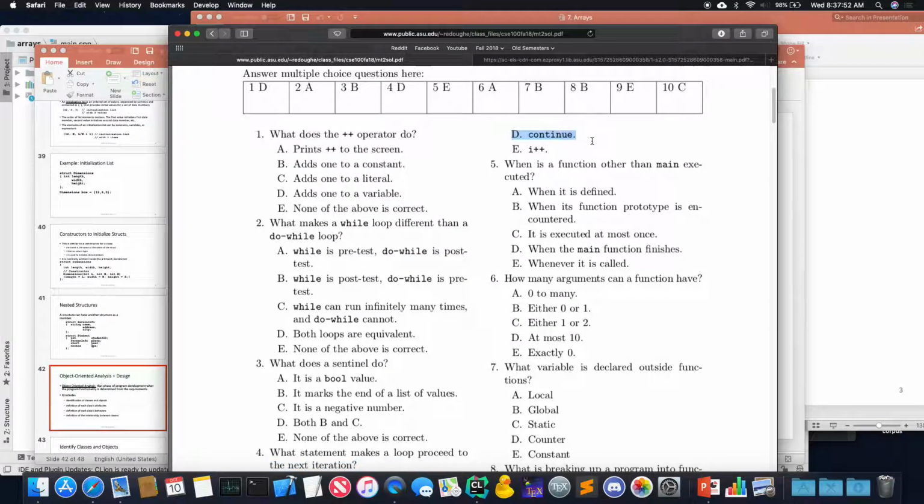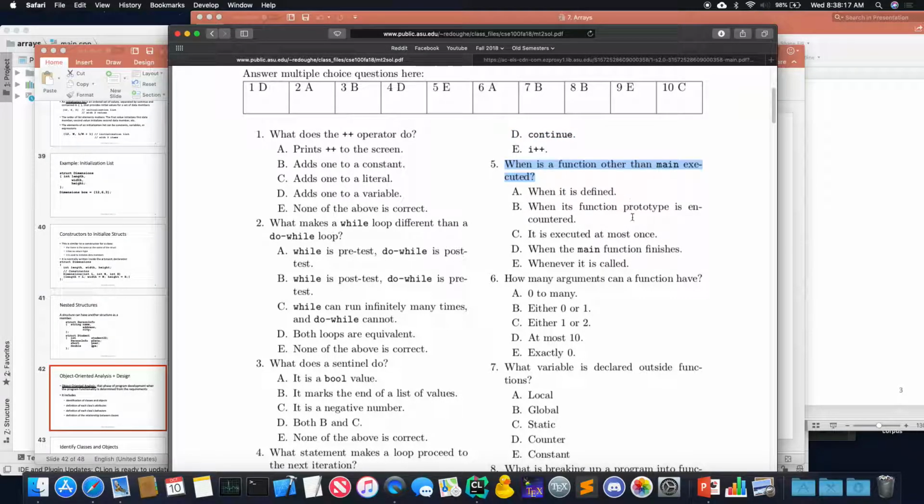D is the right answer here. Continue from that point immediately goes up to the top of the loop and proceeds with the next iteration. E is just something that you can do on each of the iterations to do an update, so you don't have to do that. And it's only for for loops anyway. But continue always goes to the next iteration of any loop at all.